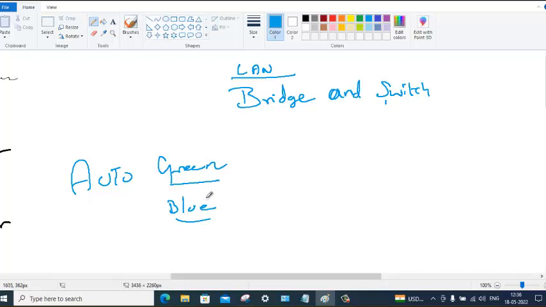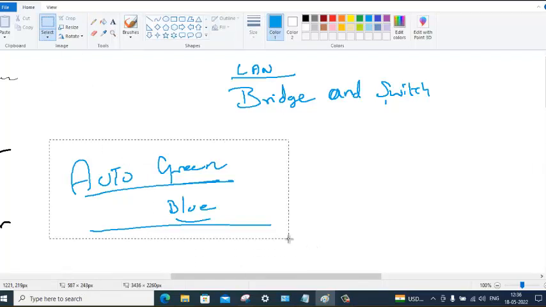Both take people inside, but the green one will take passengers, the blue one will take the owners. Both look like the same auto, but the license plate is different.